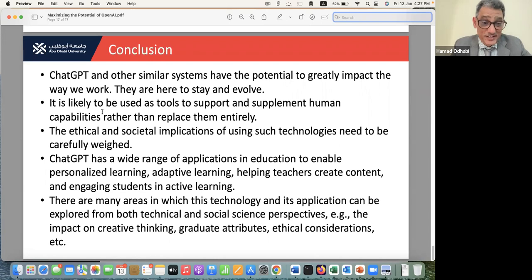It's very challenging questions can come from that. The ethical and social implications of using such technology, we need to carefully study it. We need to look at that very carefully and see how we can do it. It's change on